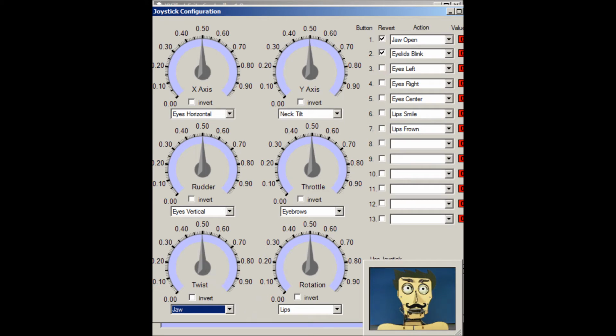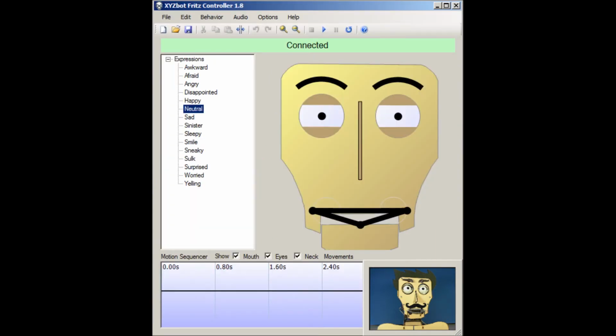While moving Fritz with keys and joysticks is fun, being able to record facial expressions for playback is ideal. That's where the motion sequencer comes in. For example, let's say in the first second I wanted to move Fritz's eyebrows up. I would first click in the motion sequencer in the appropriate location, and then move Fritz's eyebrows up. Note that the location that I clicked in has now changed into a motion frame symbol. I can continue this process by clicking further on in the timeline, and then move his eyebrows down,